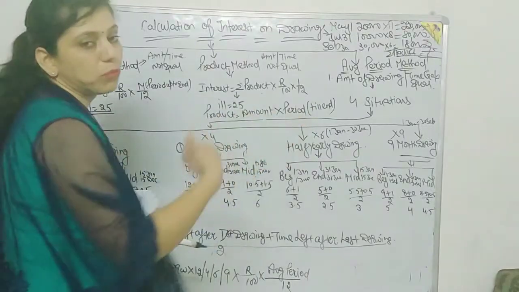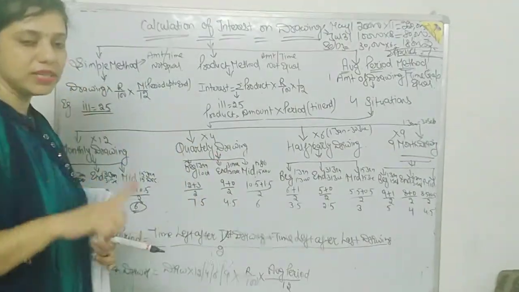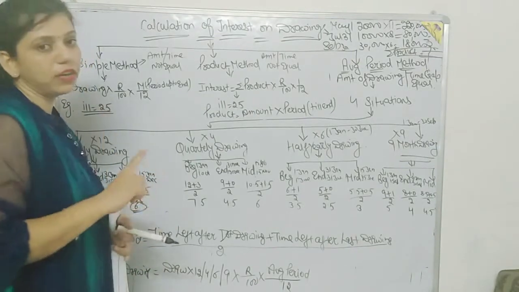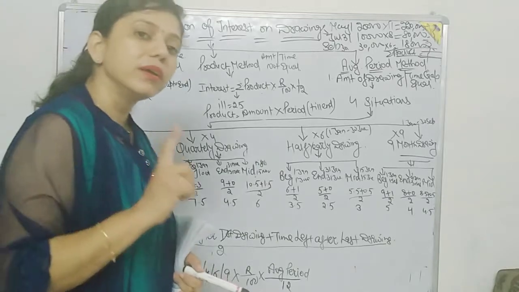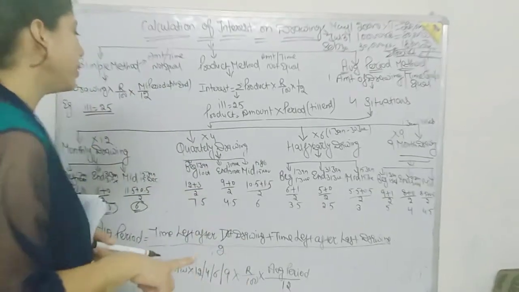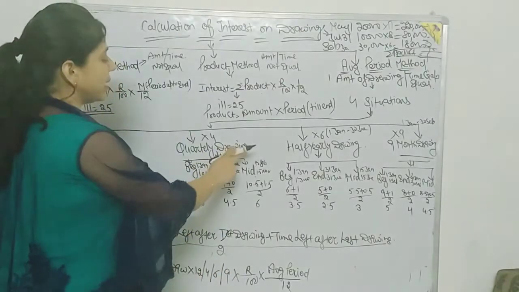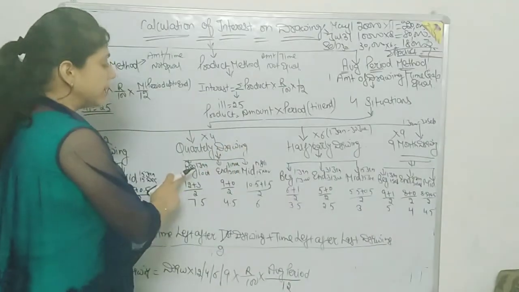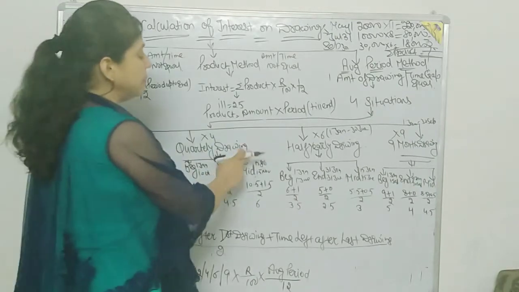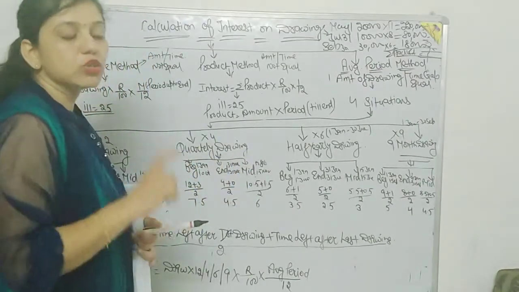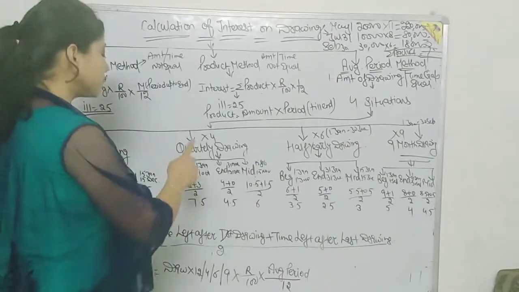Again we have some more examples. In case of quarterly drawings, the first thing you will do is multiply the drawing by 4, because there are 4 quarters in the year. After that we again have 3 situations: at the beginning of the quarter, end of every quarter, and mid of every quarter. So in this situation, how will the average period be calculated?